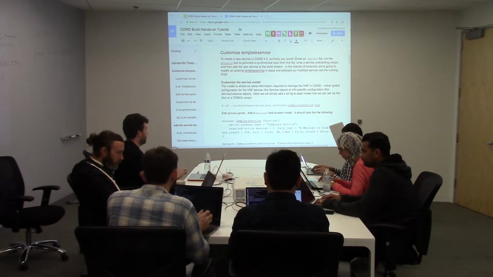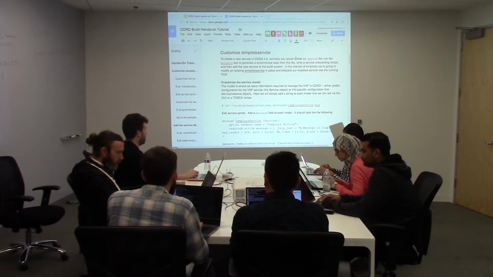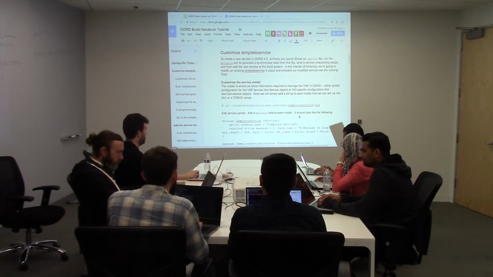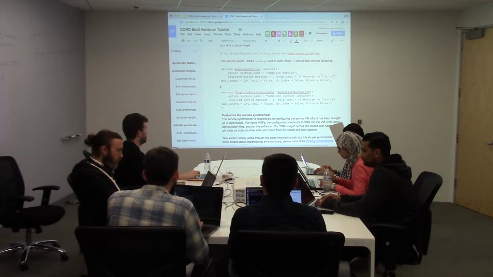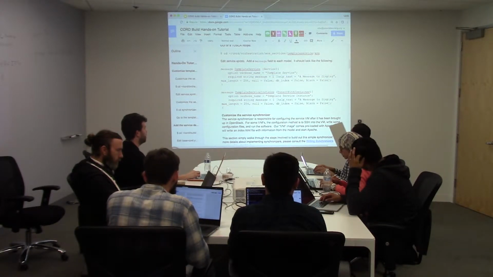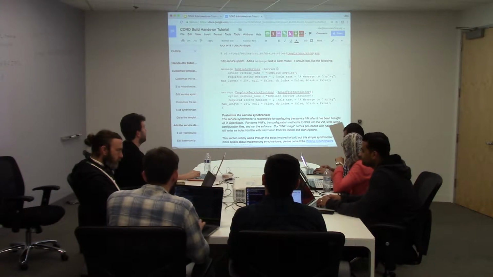So go into this directory and look for a file called service.xproto. And then you want to add some lines to this service. What we're really adding here is these required string message sections. There's a template service which derives from service, and then we have a template